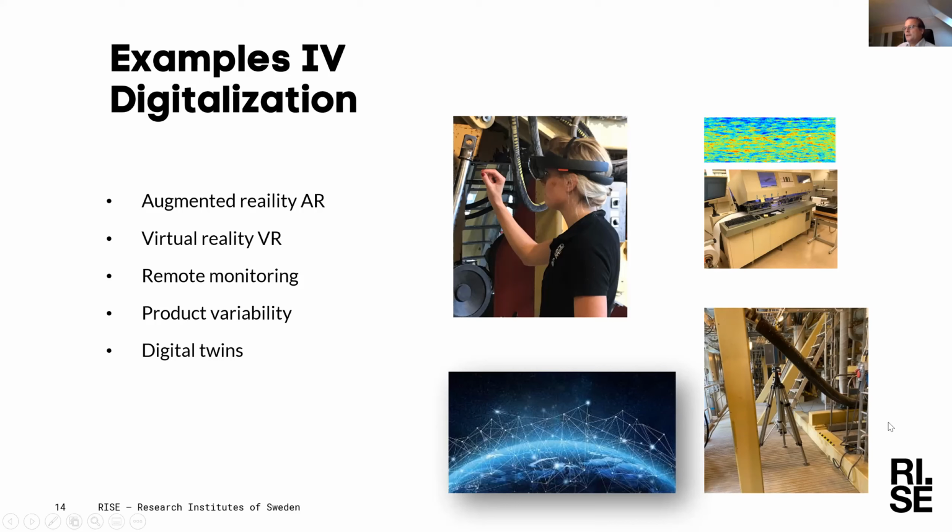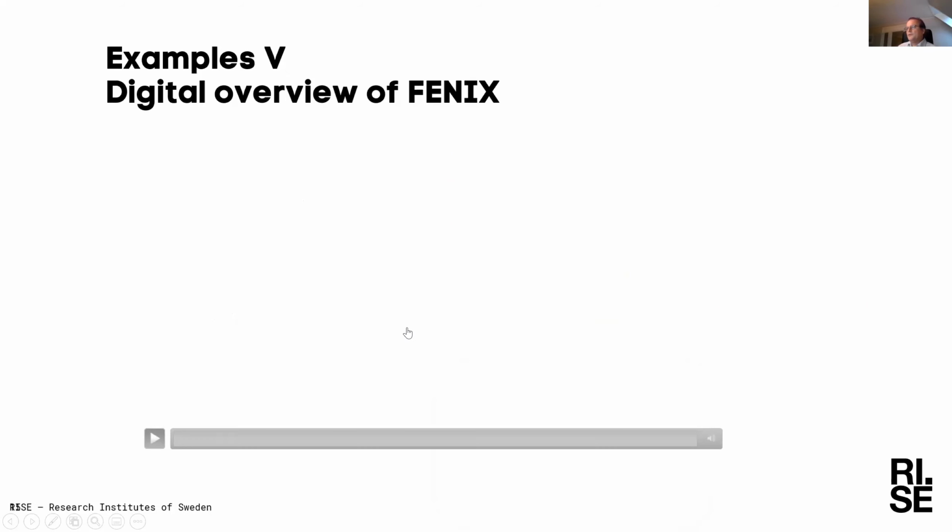Digital twins, the last picture that you see here in the right-hand corner, is another area. Here we have an example where we have a laser scanner positioned at the back of the machine, thereby creating a digital twin of the paper machine. That we have been doing in a project, and I will now show